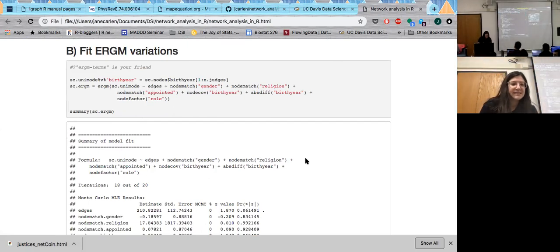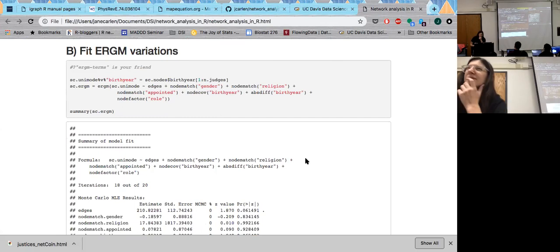Yes? Does this model account for the fact that your data is non-independent? You have multiple measurements from a judge, and those aren't totally independent, right? Because the judges have personality and they're not going to vote randomly each time. My questions for you. Well, so this particular model,